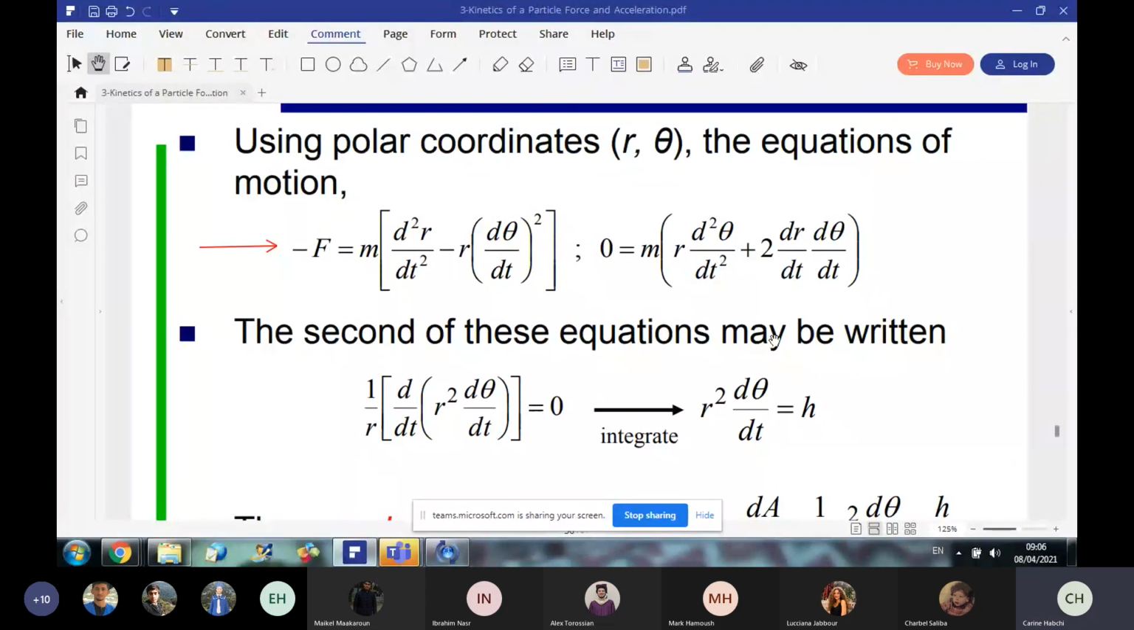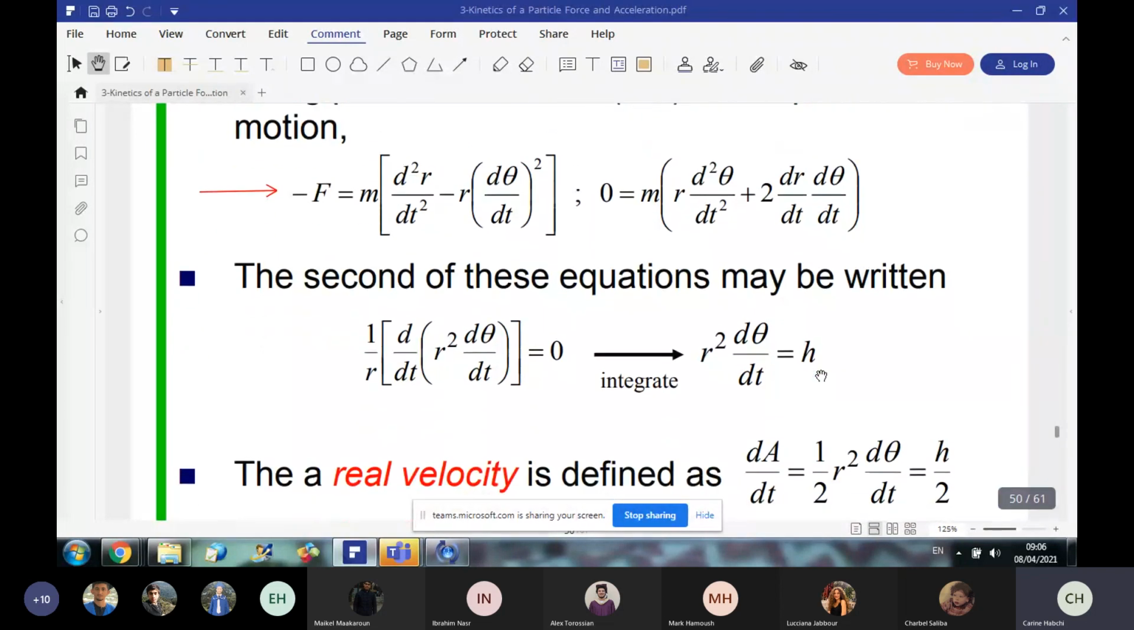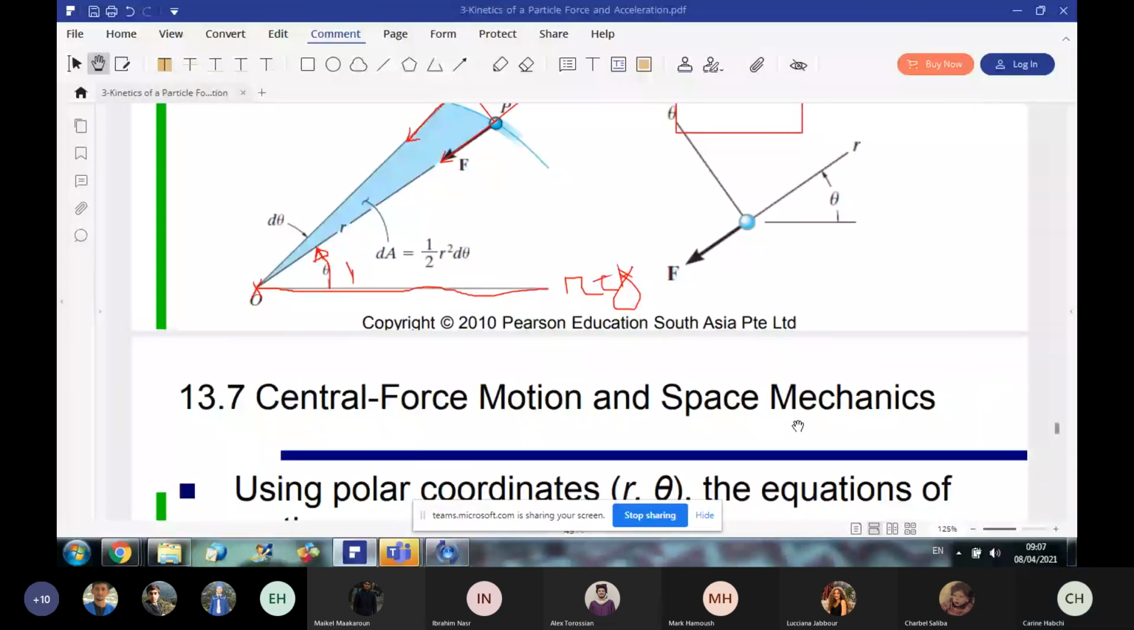Okay? This parameter, r squared d theta by dt, can be related to what we call the areal velocity, which is the variation in swept area per unit time. What do we mean by swept area per unit time? If you go back to the figure here, okay, when you move, you will go over a certain area. This is the swept area for a certain time dt. Okay, we will demonstrate together that dA by dt is constant. That is, for a certain amount of time, if I go over the